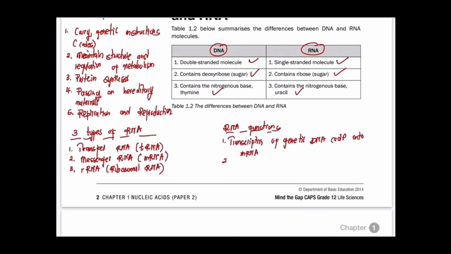So it's responsible for transcription of genetic DNA code into mRNA, which means that from DNA,